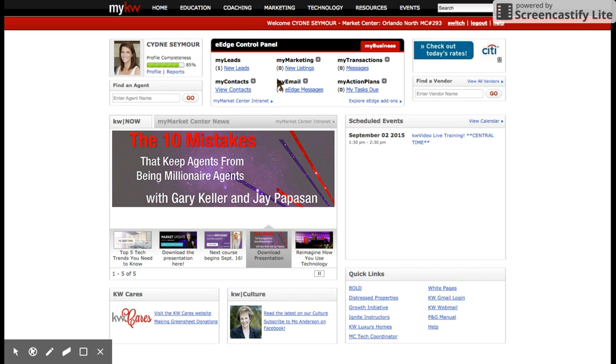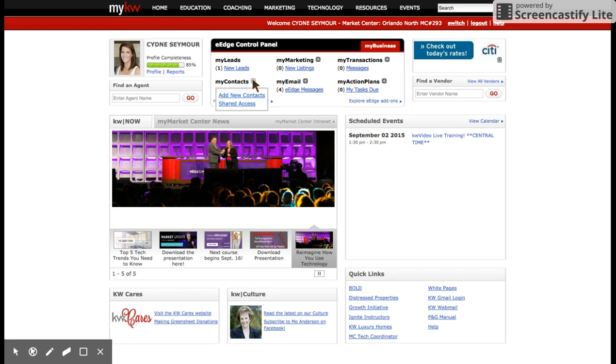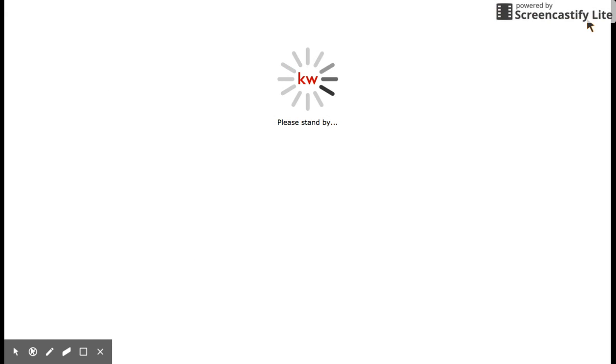Through all of your eEdge different components, you're going to have a plus sign right next to it. When you click on that, it's going to give you the menu of everything that you can do within that particular section. So we're going to click on the plus sign right next to the My Contacts, and we'll go to the first one, which is Add New Contacts,